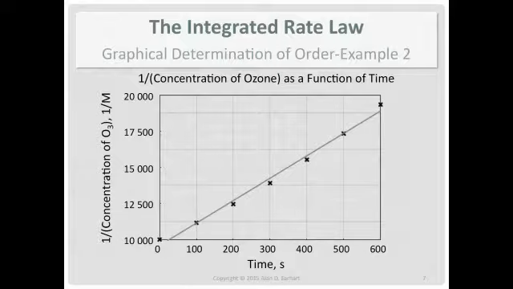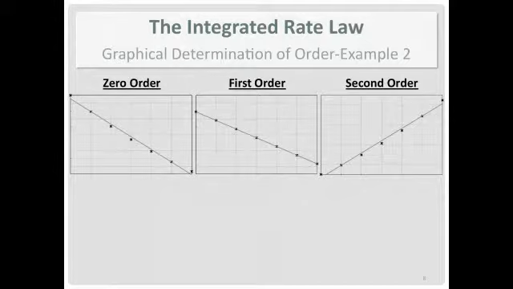So let's take a look at all three of the graphs briefly. Zero, first, second. So with this method, one of them will best fit a straight line, and the others will not fit a straight line. And like I said in the first example, if none of these fit a line, then you have to go to more advanced techniques. You can keep jumping up the order. You can find using calculus equations that describe the higher orders. You can do fractional orders. But for us, it'll be zero or first or second order.